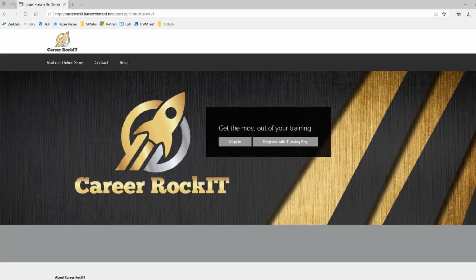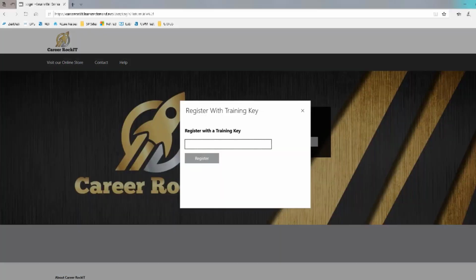And the one thing that all training keys have in common is how students redeem them. So if I'm a completely new user and I have never been logged into your page before, you can set up your login page to have this register with training key field added to it. So you would distribute a training key. The user would come here, click on the register with training key field, and input the key that you've given them